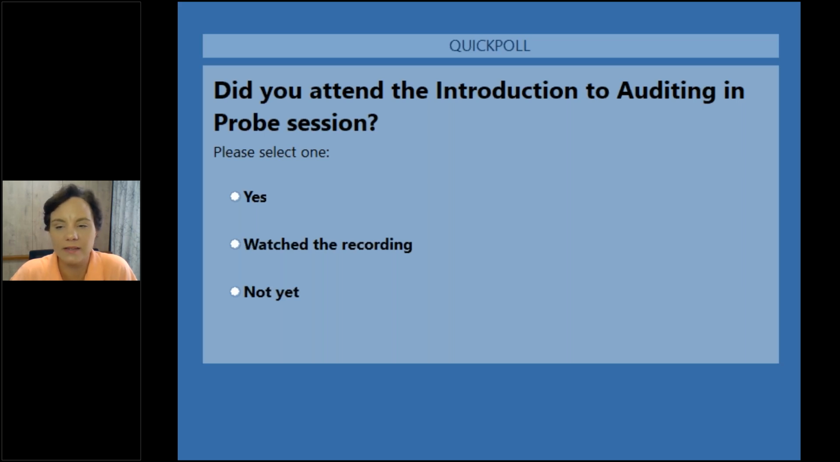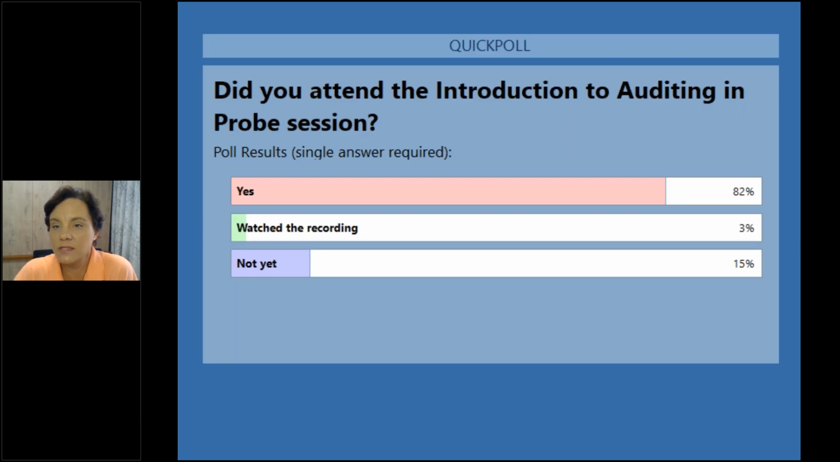Right, we're almost there. Just give me an indication so that I can know how many people did attend the introduction to probe session, so that we will know. Good, right. Okay, it doesn't look like we're going to get much further than 78%, so I'm going to close the poll now. And just so that you also see, in case you were curious,